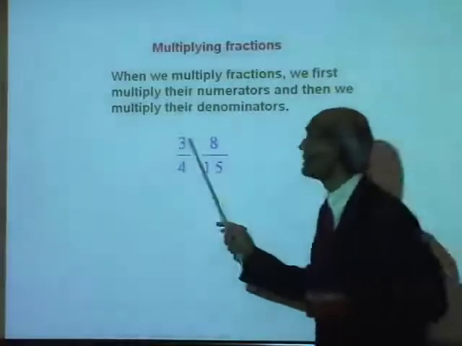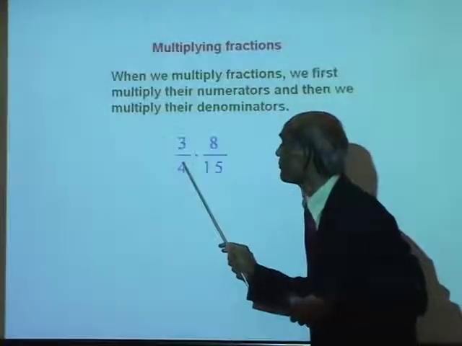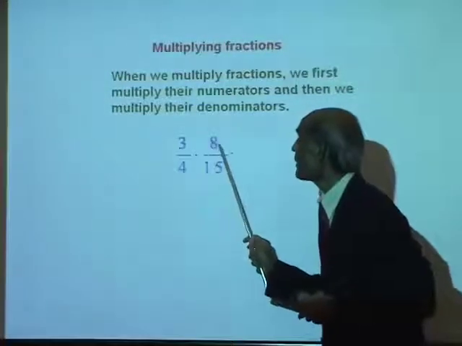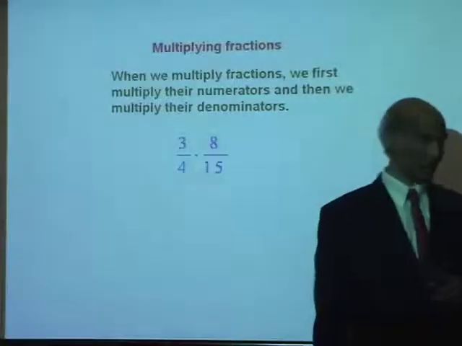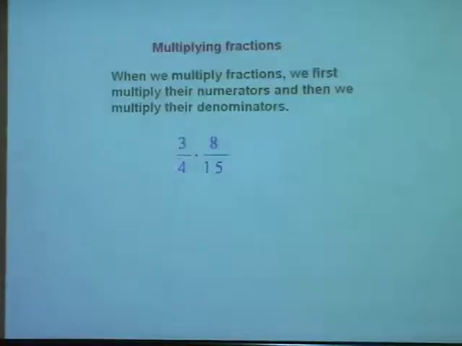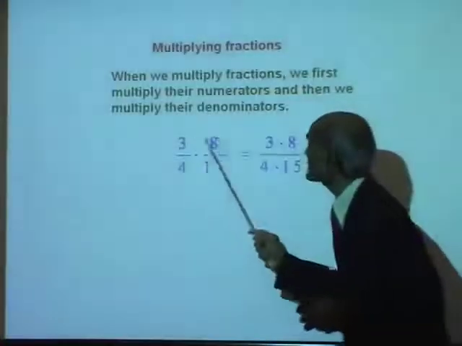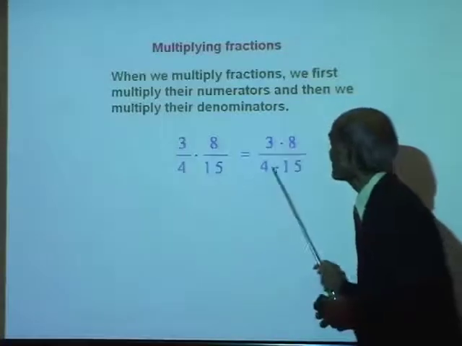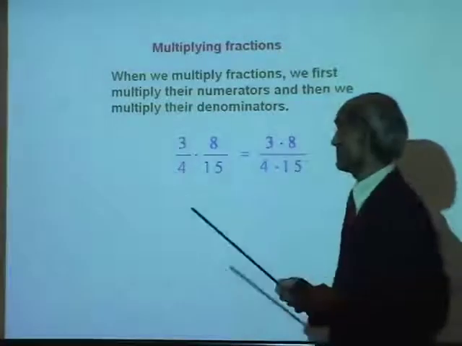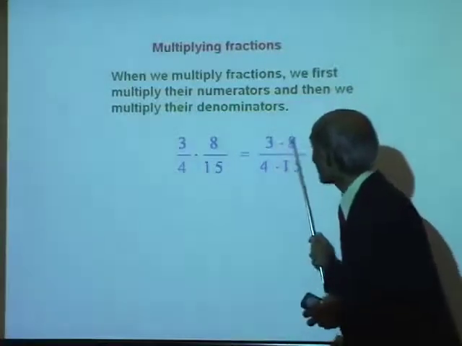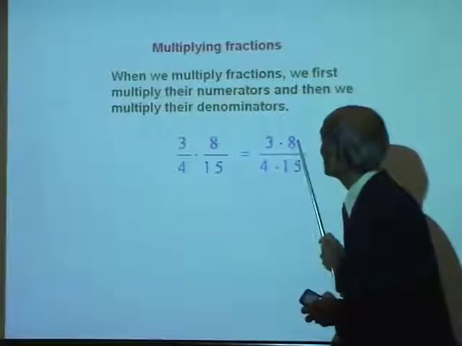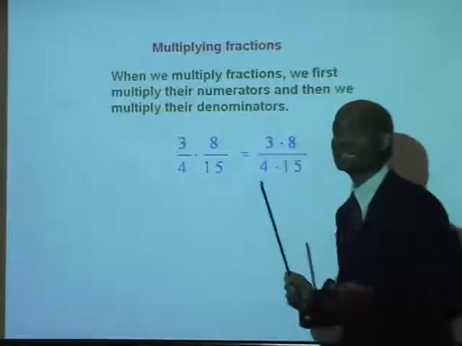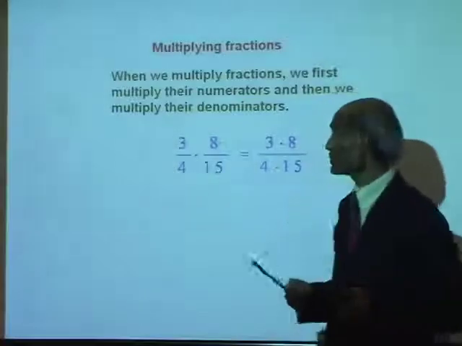For example, if I want to multiply 3 over 4 times 8 over 15, what's the method? First we multiply the numerator, so that will be 3 times 8 on the numerator, and 4 times 15 on the denominator. And now it is time for us to factor numerator and denominator so that we can cancel common